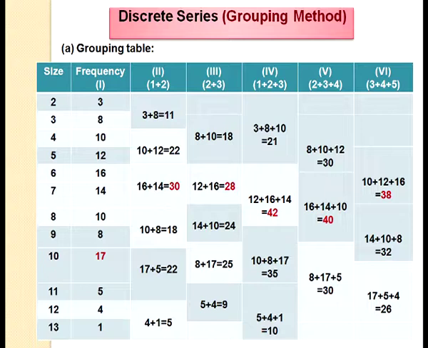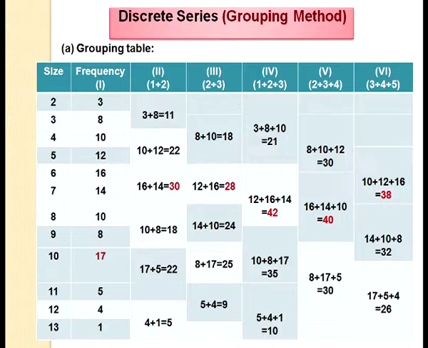In the fifth column, we are going to leave the first frequency, that is 3, and then we are going to club 3 frequencies. Likewise, over here we have highlighted the highest frequency as 40. In the last column, we are going to leave the first 2 and then club the 3 frequencies. As you can see, 10 plus 12 plus 16 comes to 38. Likewise, the whole column will be made and we have highlighted the 38.